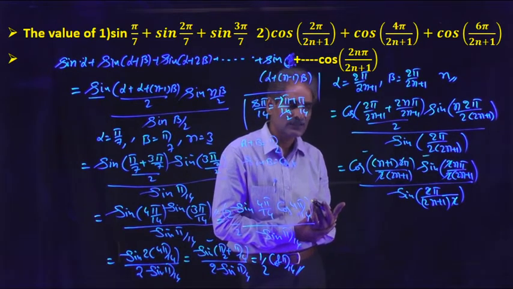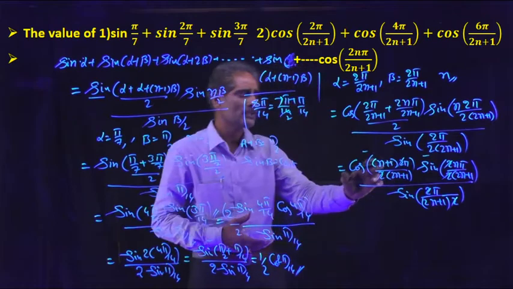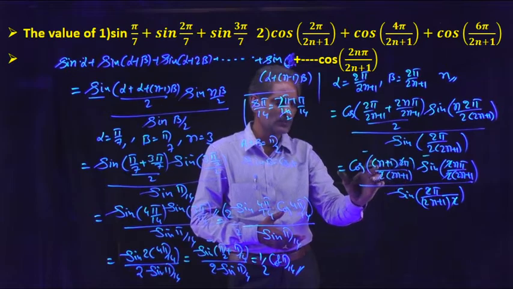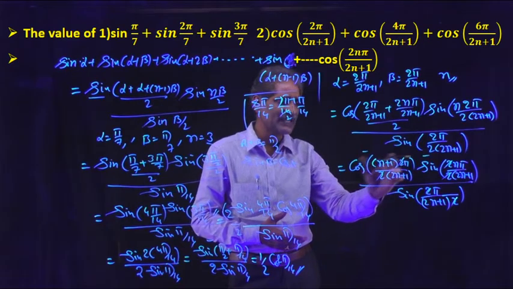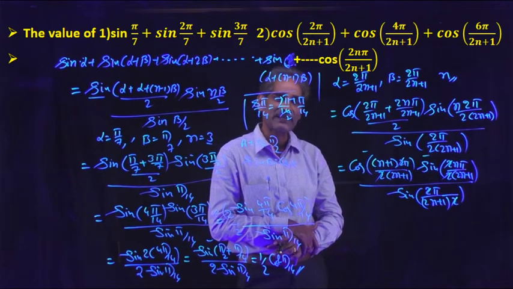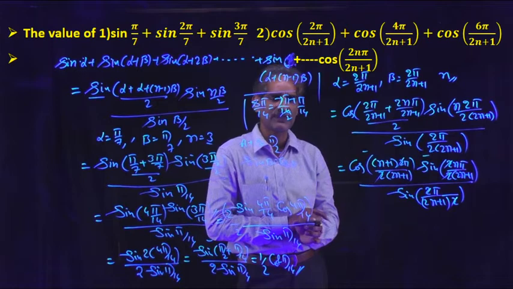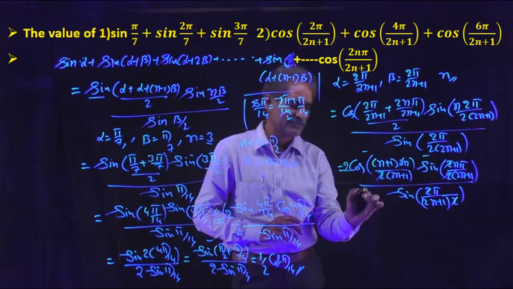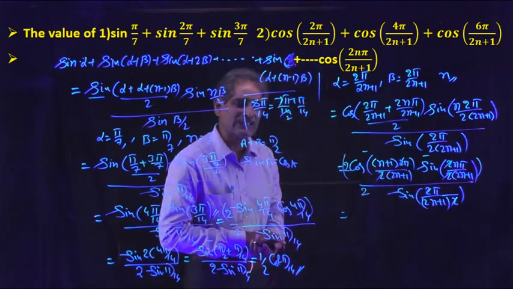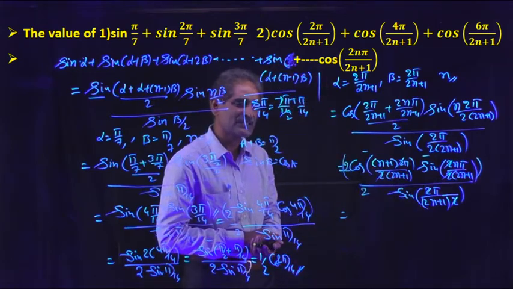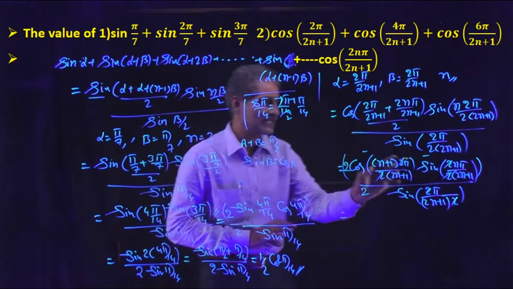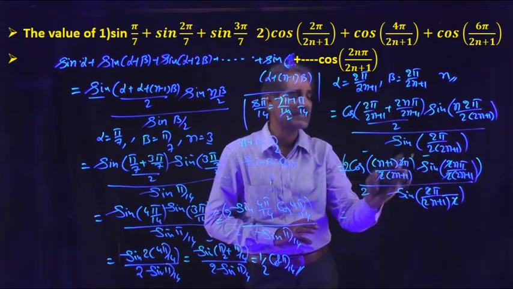Okay, understand? So here just observe, if you multiply by 2, then what will happen? 2n pi plus n pi plus pi. So simplification is a little bit difficult. For that, just multiply and divide by 2. Now here there is the formula 2 cos A sin B, which means sin(A plus B) minus sin(A minus B).